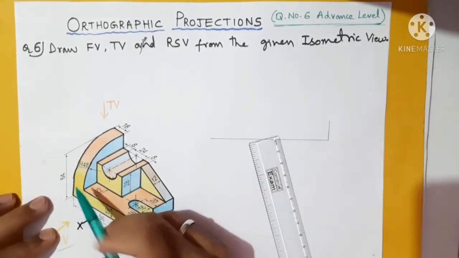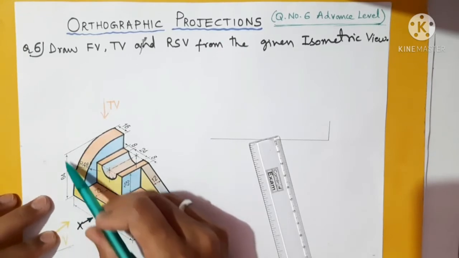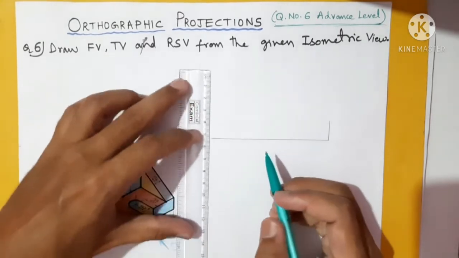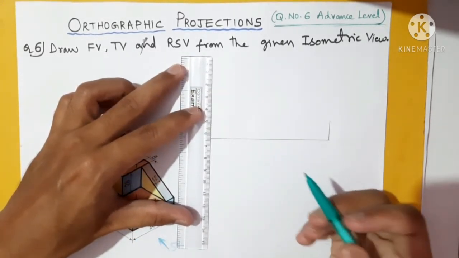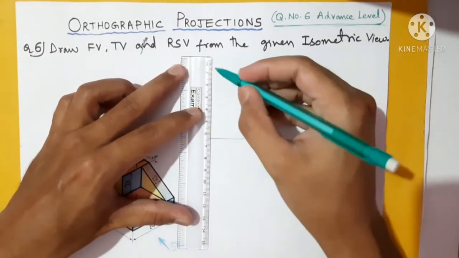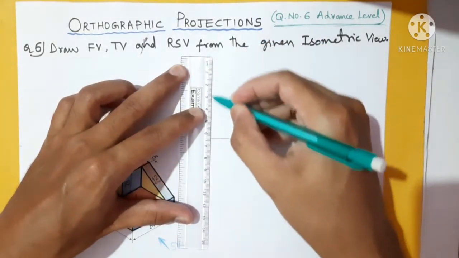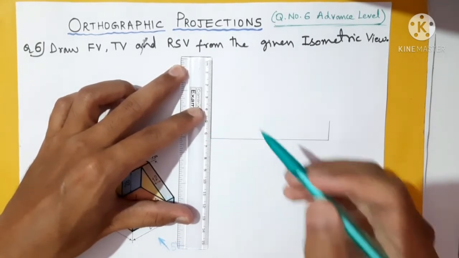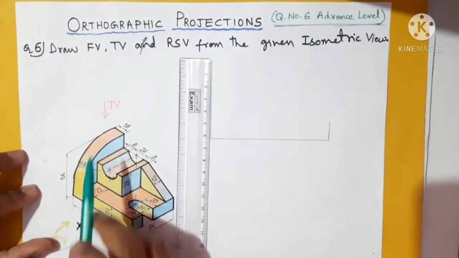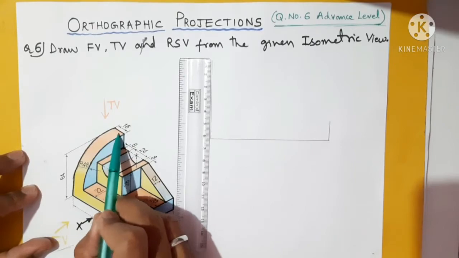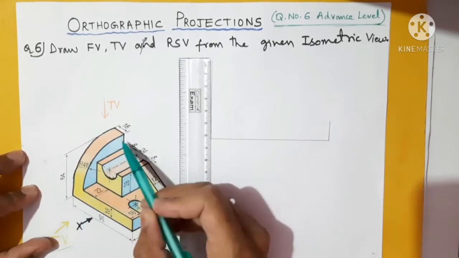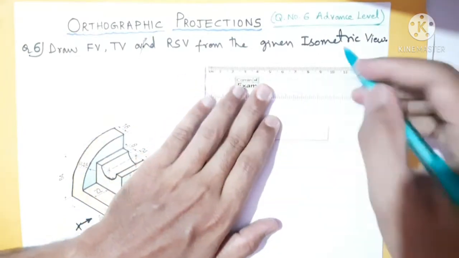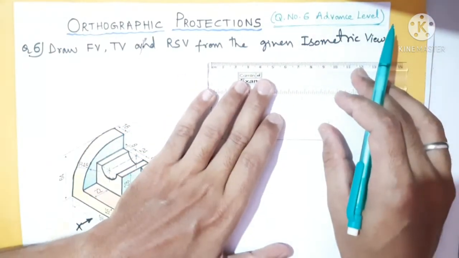After that, at this end you see a 64 mm height is there. The entire 64 mm height is visible in the front view. So 64 mm we have to go vertically upward like this. So here to here is 60 and 4 mm is this one, total 64 millimeter. After that, this width is how much? 16. If this curved surface is there, right? So here also it is visible. So that 16 mm length you have to take in this direction. This 16 I am drawing right now.